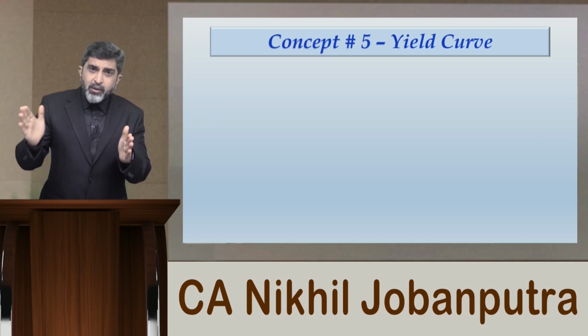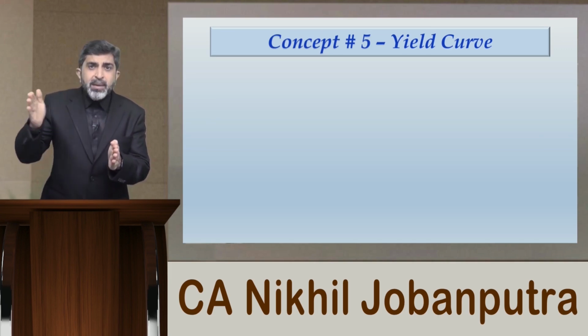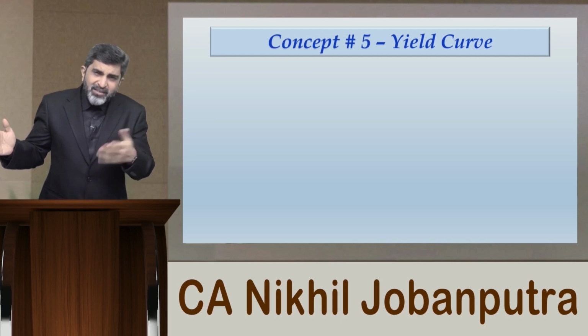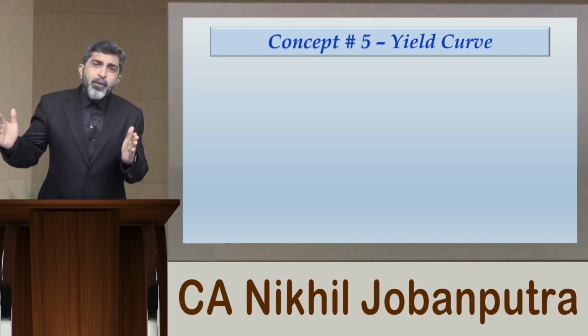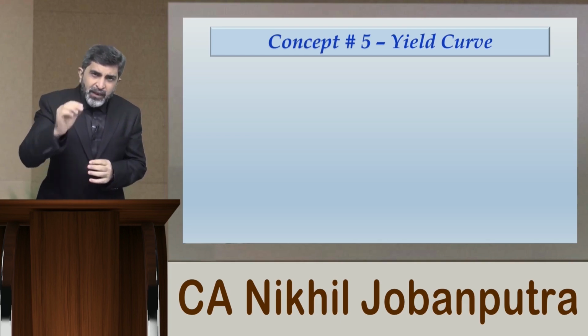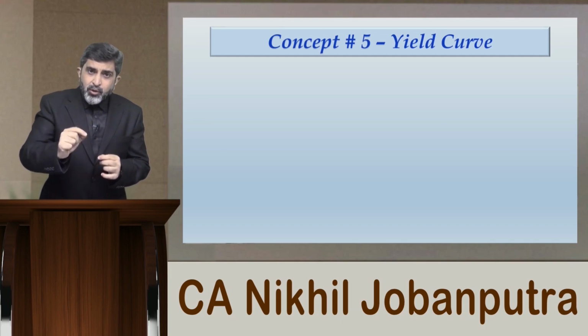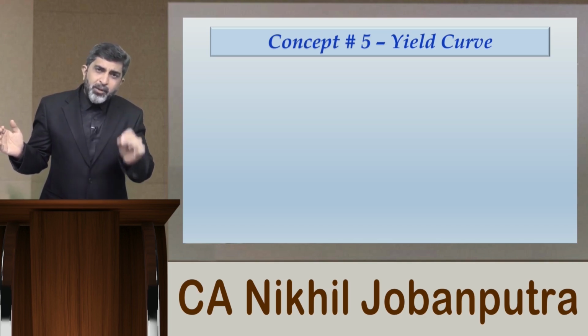Now a 10-year government bond means that from the date of issue, it will remain for 10 years in the hands of the investor, unless the investor wants to sell it away in between. So the entire life of the bond is 10 years. If it is, suppose, a 7% government bond, then throughout the period of 10 years of its life, it will keep offering a coupon payment of 7% only.